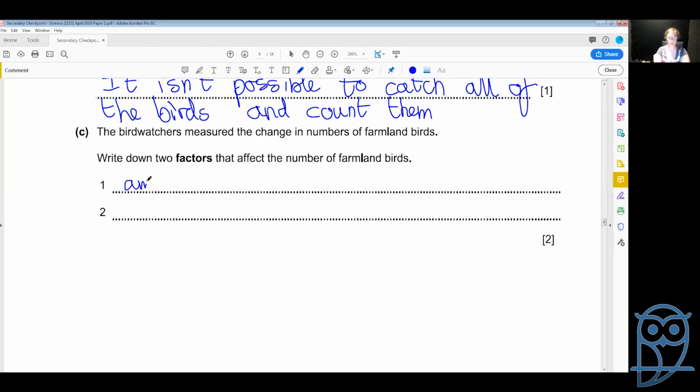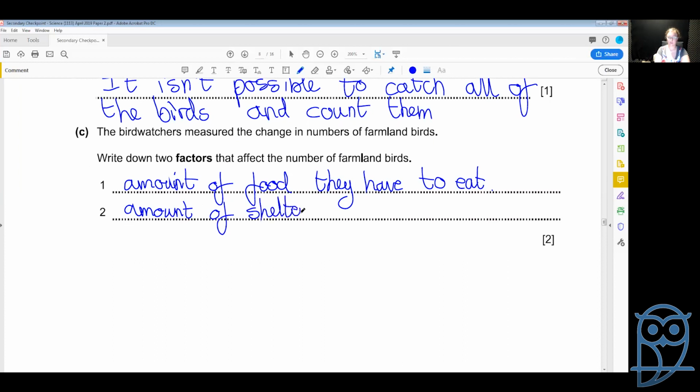So the amount of food they have, the amount of shelter they have, other ones that we can list here is the amount of predators hunting the birds,